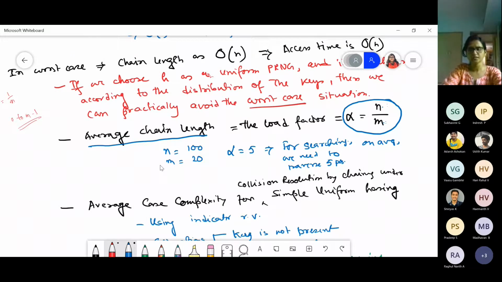And when you design the hash table, the m and n, these are your design factors. So according to your requirement, you can make it large or make it small. It just depends on you. So ultimately, this value will be a constant value. That's why if we say that the chain length is some particular constant, then if we take theta or order of 1 plus alpha, where alpha is a constant, then also this value becomes a constant.